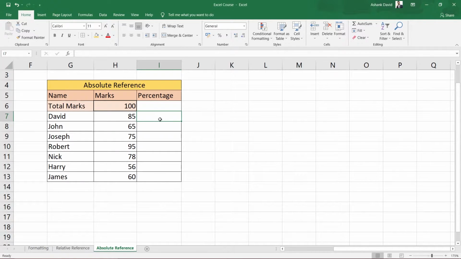I'll select the cell, type equals, and after equals I'll select this 85 divided by this 100. If I press enter now, you can see it says 0.85.